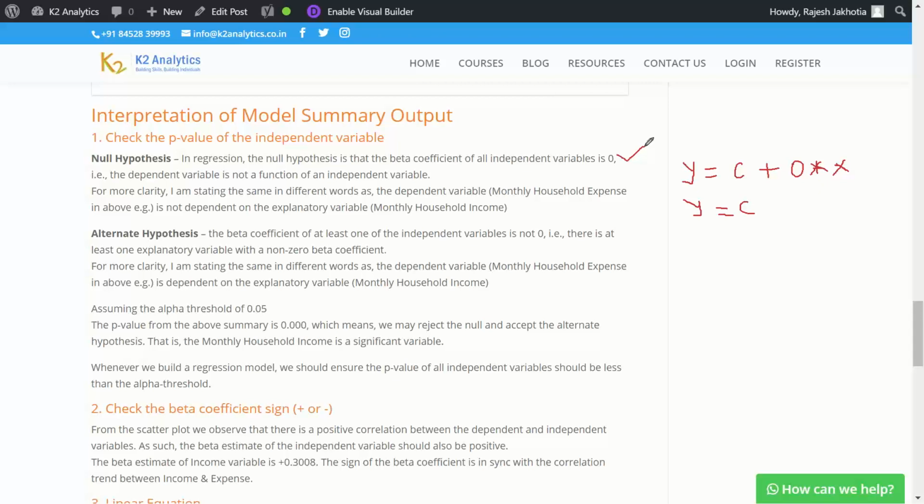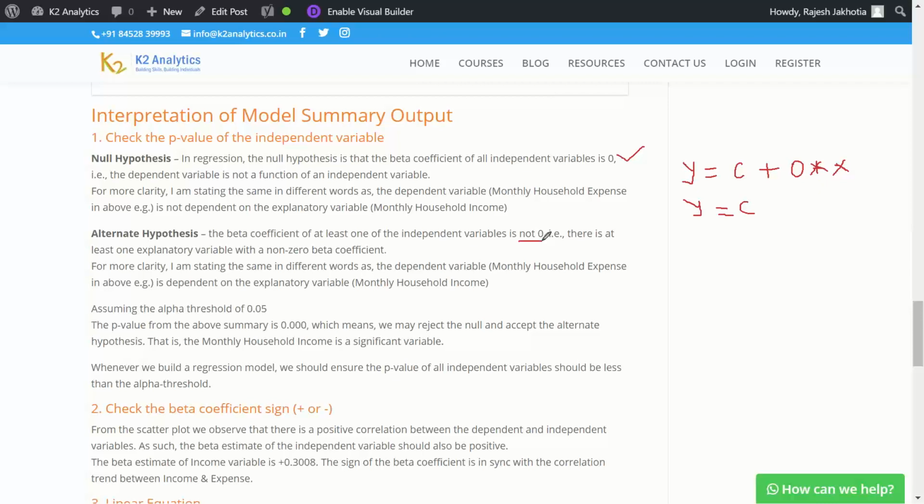If there is a relationship, the beta cannot be 0. The beta has to be some non-zero number. That number can be positive or negative, but it cannot be 0. That is the alternate hypothesis.